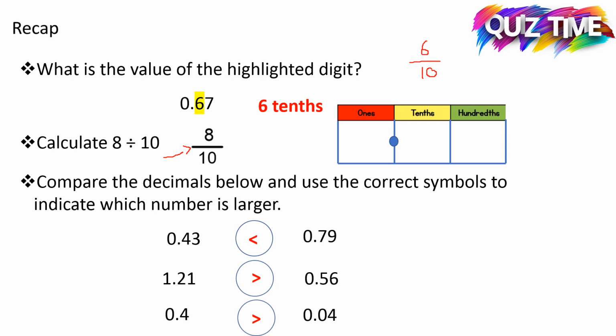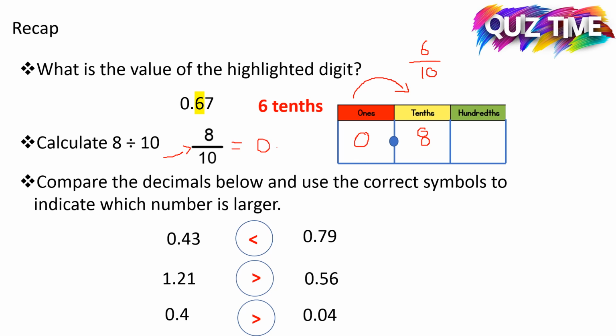And to divide by 10, we have to move each digit one place to the right on a place value grid. So on my place value grid, I'll put 8 over here in the ones column, and we need to move one place to the right. So the 8 will now go over here, and in the ones column, we will place 0 as a placeholder. 8 divided by 10 is equal to 0.8